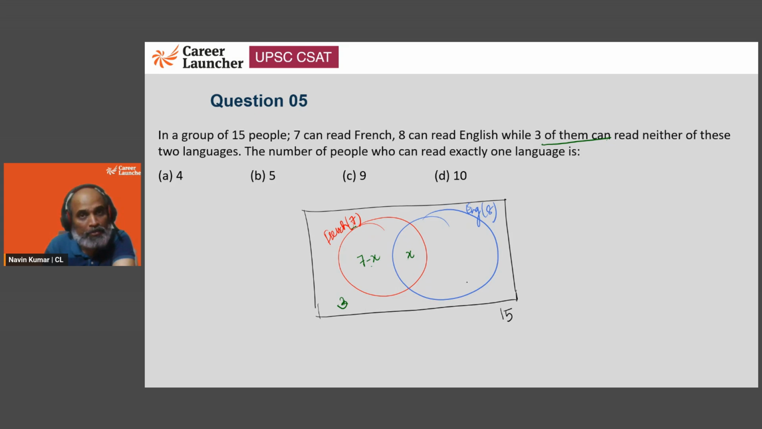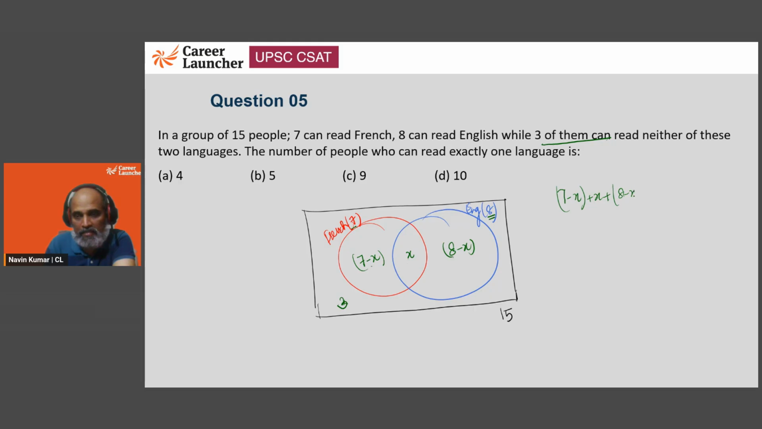Now let's look at the blue circle. Inside the blue circle, we already have X. We need the overall sum to be 8. So this is supposed to be 8 minus X, because 8 minus X plus X is going to give us 8. Now, as per the diagram and as per the question, 7 minus X